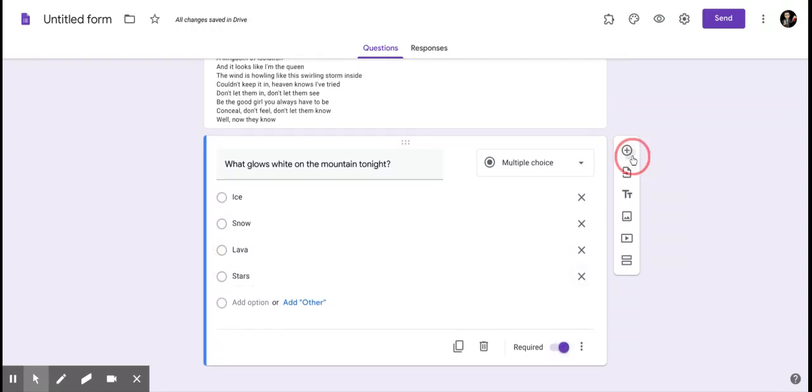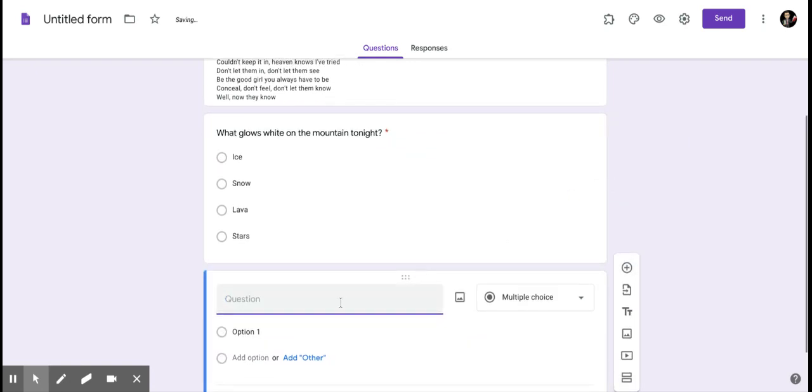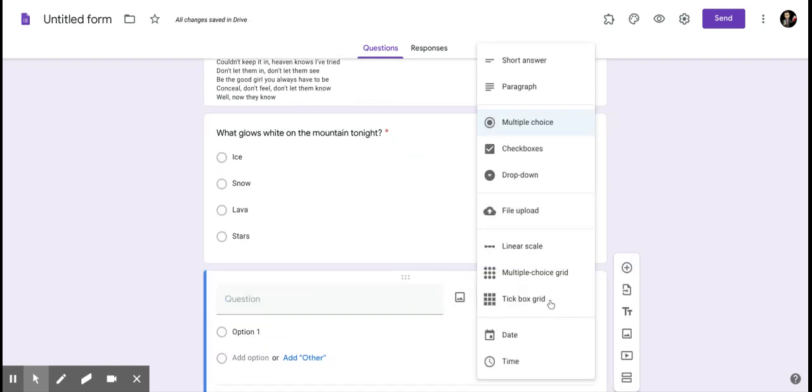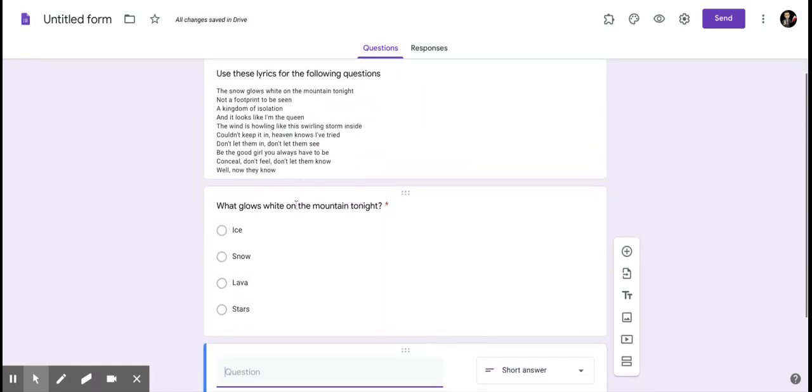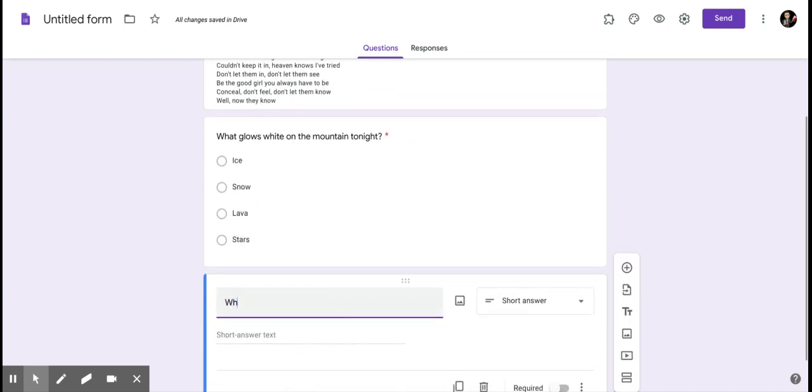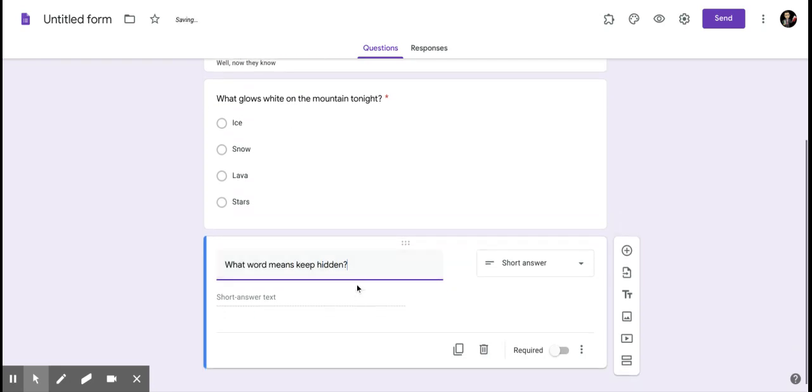So I'm going to add another question. I'll click on add another one. And this time I want to have a short answer. So I'm looking for a word. I might say, what word means keep hidden? So I could put that in there, and if I wanted to emphasize it,